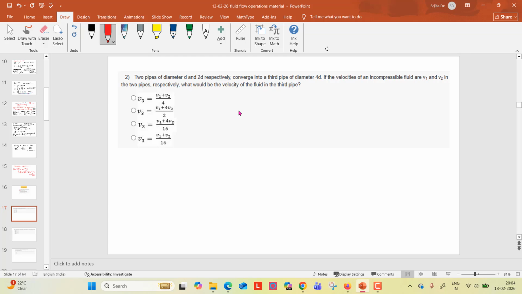So we know that A1 V1 plus A2 V2 equals A3 V3, because two pipes of diameter D and 2D